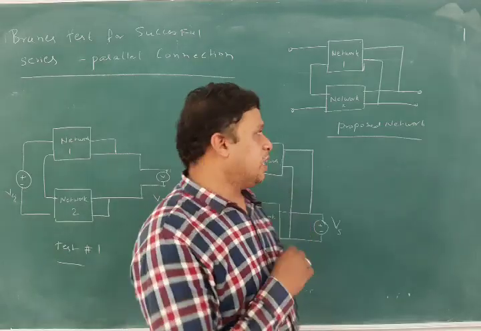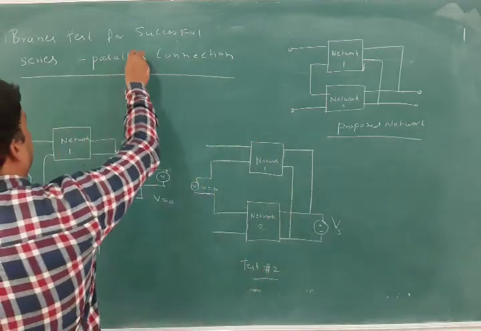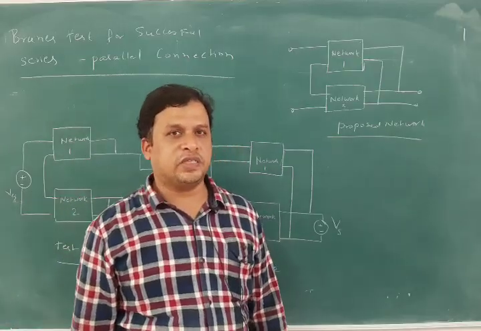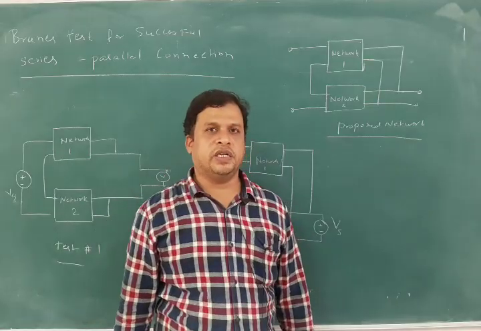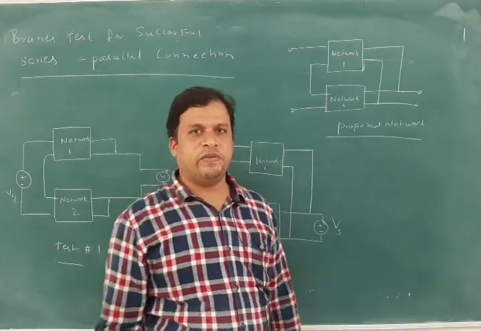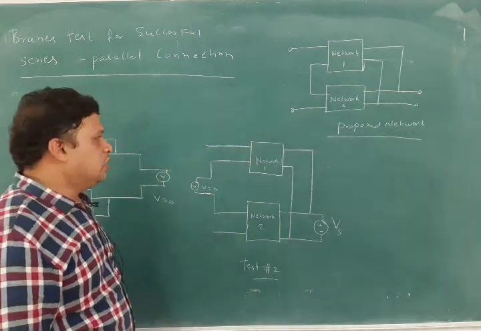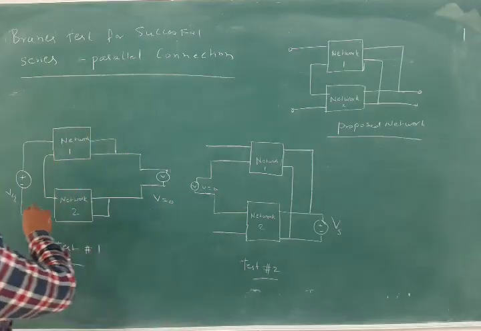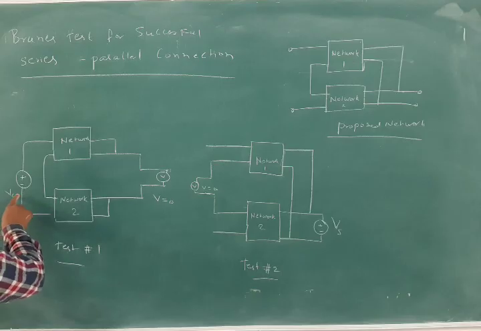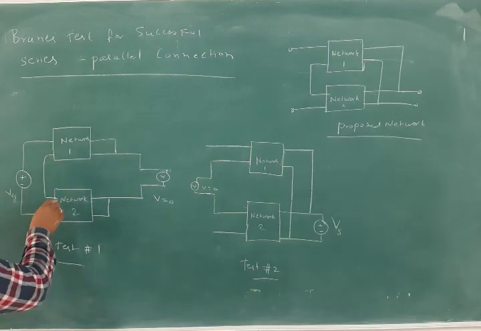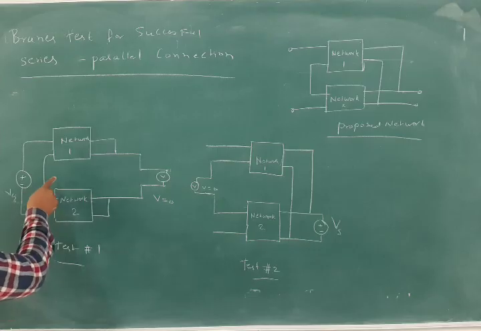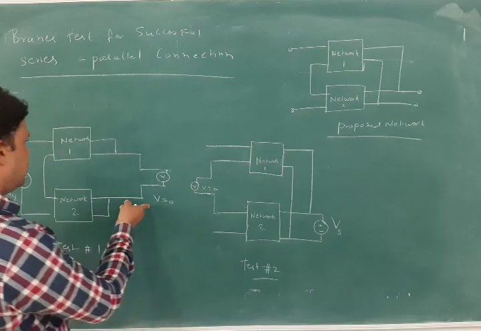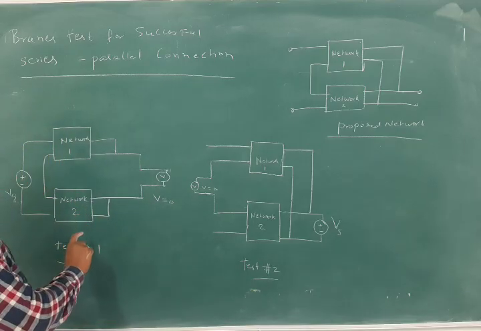So this is the series parallel connection, and we have one more connection, that is the parallel series connection. For the parallel series connection, we use the inverse hybrid parameters G1, G2, and G is equal to G1 plus G2. In a similar way to what we did for H1, H2 and H, we do this for the parallel series connection, where we just reverse things. Suppose you have Vs here. In the first test we do the parallel connection on the input side, and connect the output in series, just the inverse of the first diagram of test 1 in hybrid parameters.